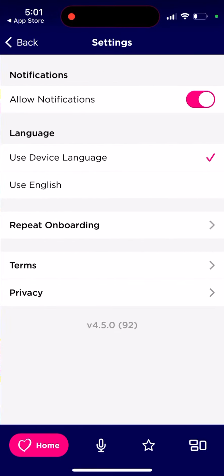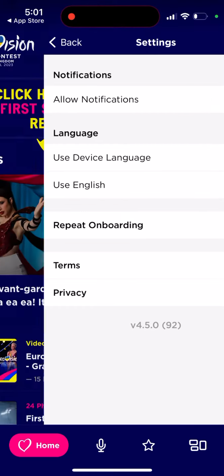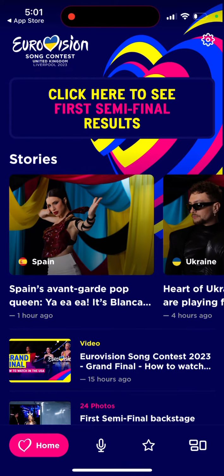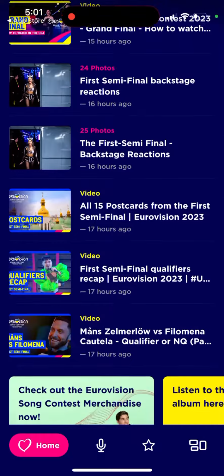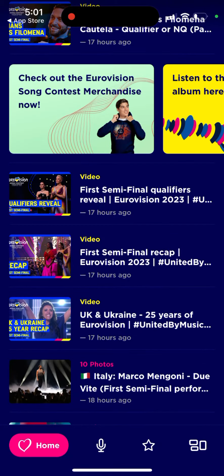So I would suggest you pre-install this app before the final. There might be some technical bugs or issues when everyone tries to get it. So just install it before, and then